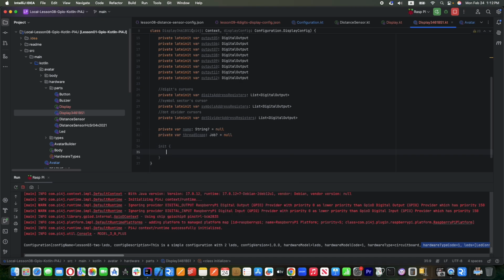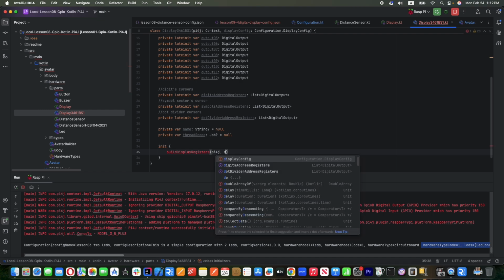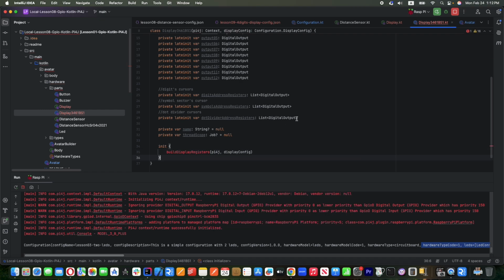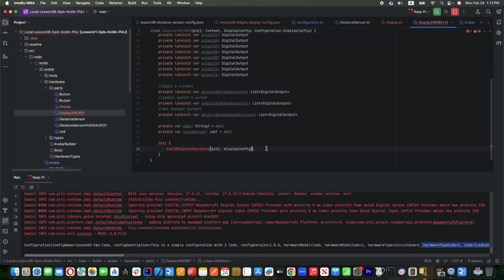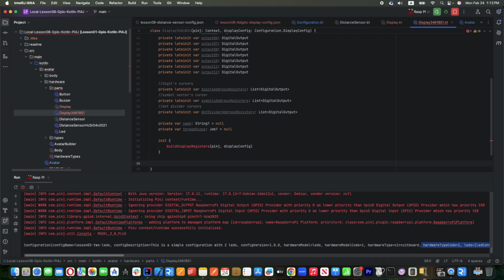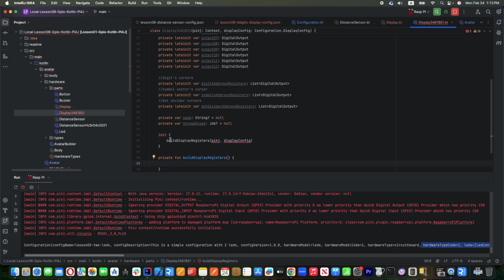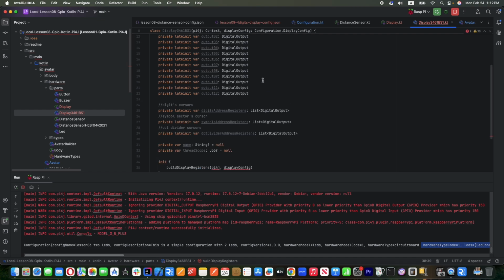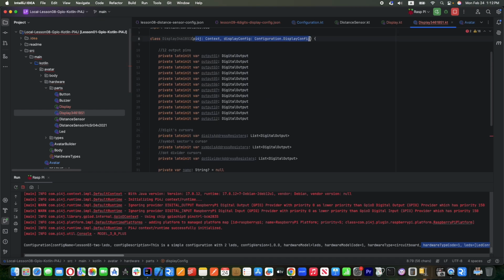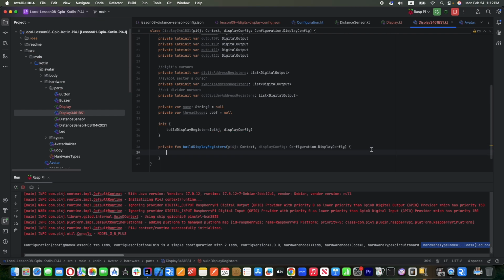Okay, then init our instance of class. Build display registers. First of all, we need to fill our list with different type of pins. Private fun, build our display. Okay, the same from here. Then